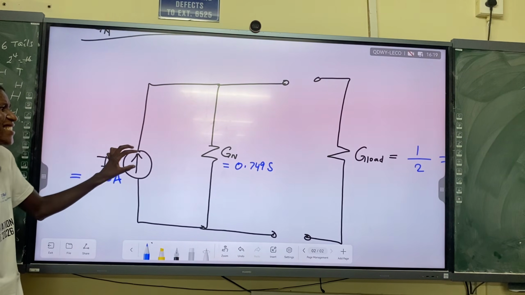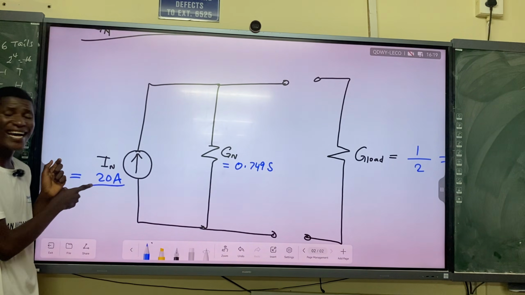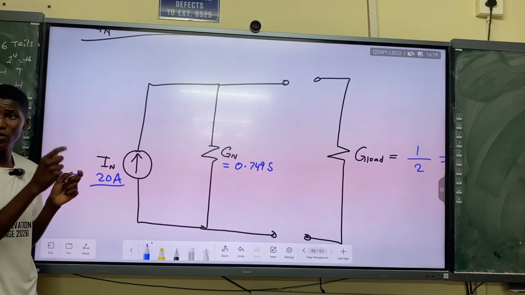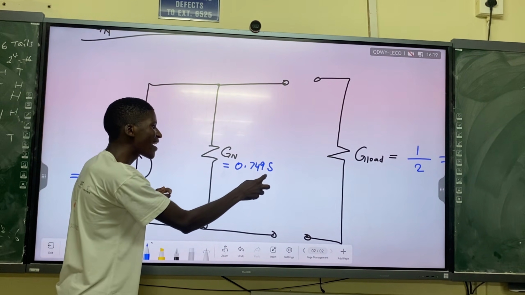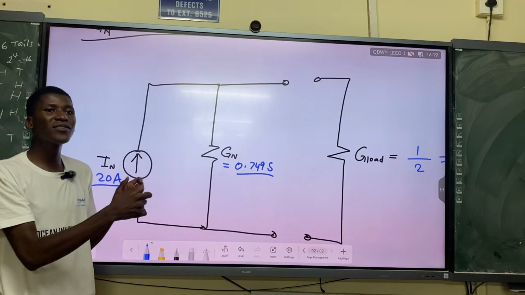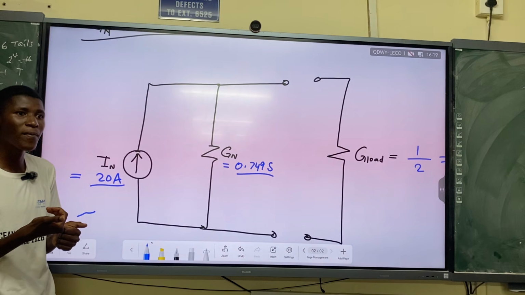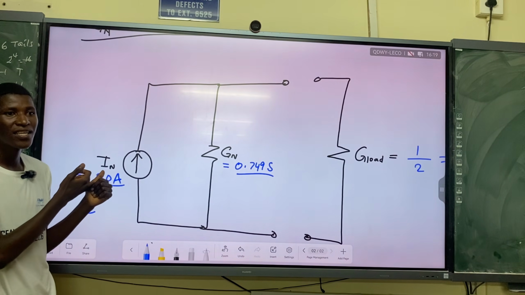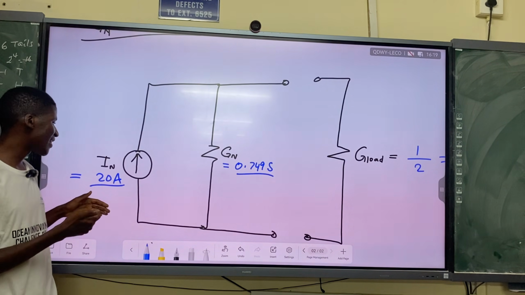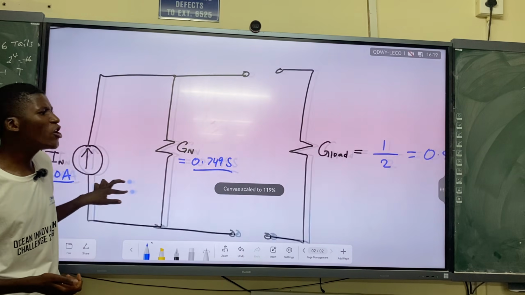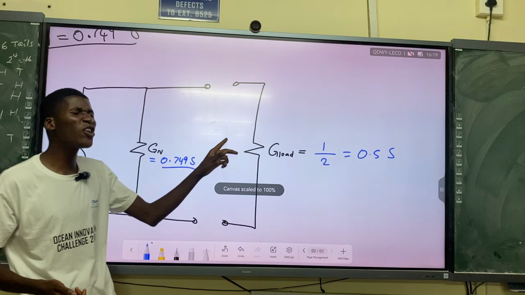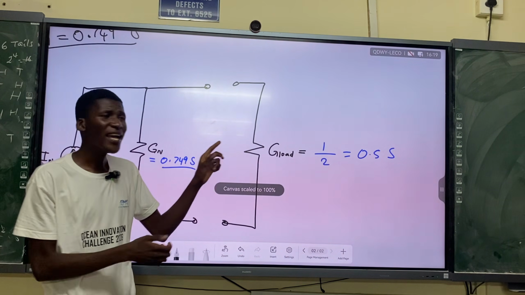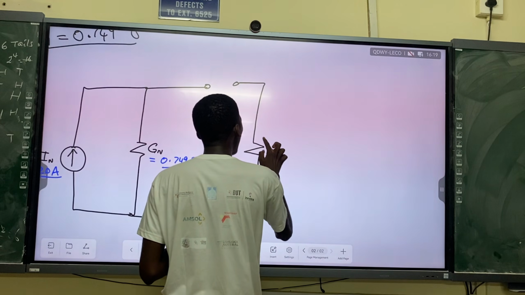Now we just arrange them in this circuit. Here is the Norton's current, which is the short circuit current, and here is the Norton's conductance we found using the open circuit voltage and Norton current, using that Ohm's law version. Then our load conductance: remember guys, last time with the load resistor, our load resistor was 2 ohms.